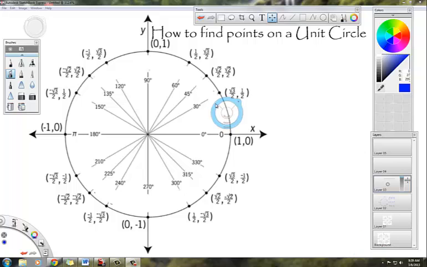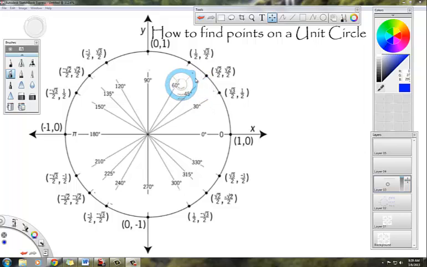Welcome back to finding the points on a unit circle. We have been talking about this unit circle all week long. Today, we're going to finish this thing, and we're going to find out how to do the coordinates of this. In the other videos, we've been talking about the inside of this unit circle with these degrees and the radian